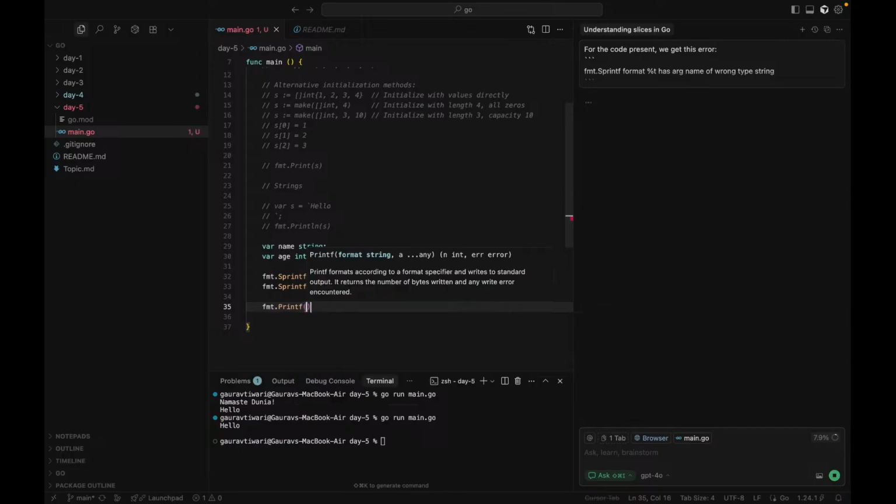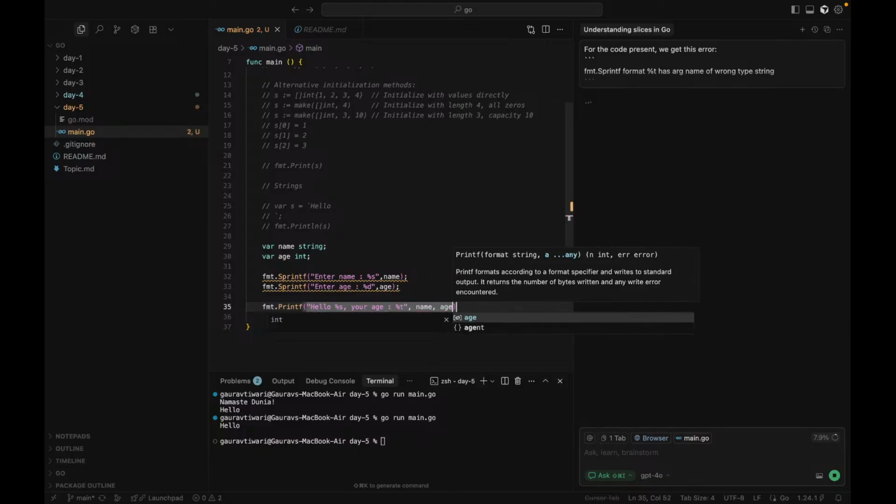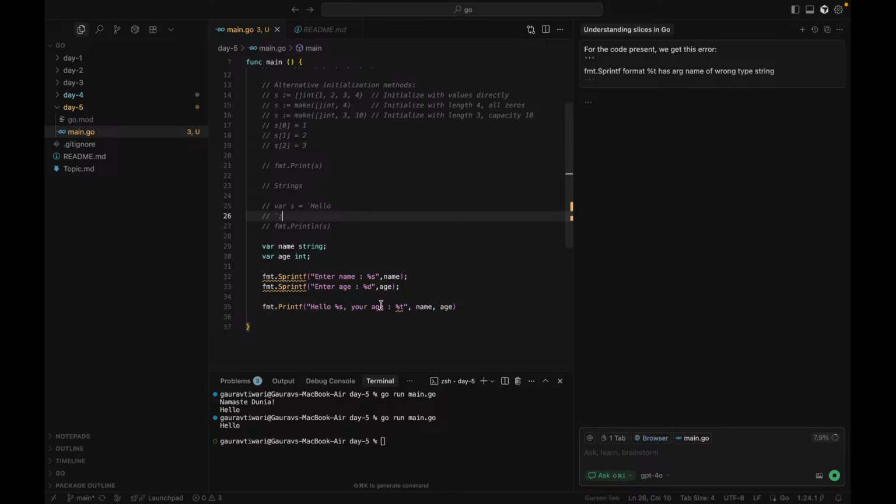Printf, here we write hello simply, then we have %s for name, your age, and %d, and we really need to pass these variables. Let's see if it works or not. It's not %d, it's %t, oh yes, yep. Let's see how it works. It says